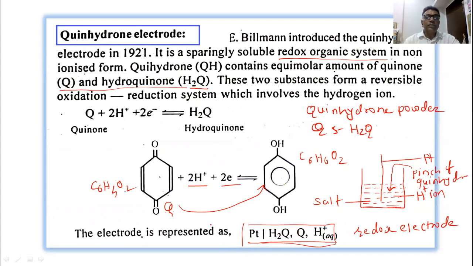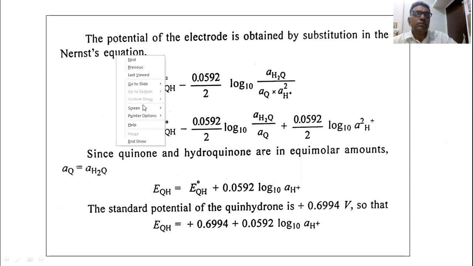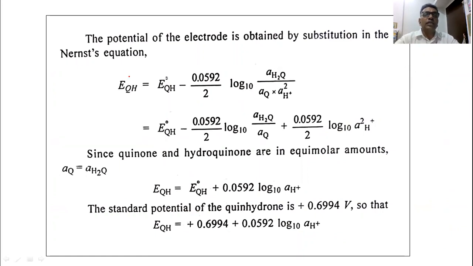Now let us apply the Nernst equation to the cell reaction. To the electrode reaction, we have to write the Nernst equation here. So the potential of the electrode is obtained by the Nernst equation. We know the Nernst equation very well. The Nernst equation can be written: electrode potential of any electrode, E, is equal to the standard potential of the electrode